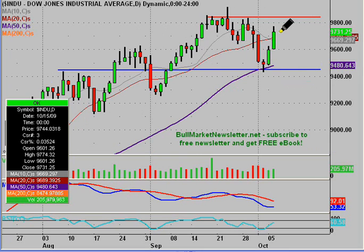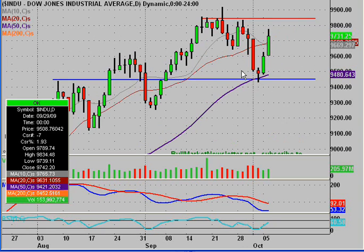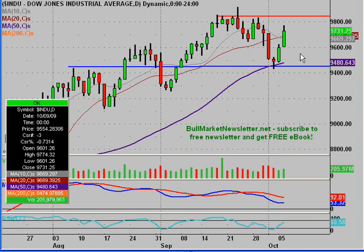But if we start to go sideways here and peter out and head back down, then the next question is going to be, well, once again, how are we going to act around down here? And if we bounce and head back up, then it's looking like we might be getting into a channel, which for traders is very good. You buy your stocks, you buy your calls if you're an options player, down here, and you sell up here, or this is where you buy your puts or whatever, and it can get into a very almost predictable type range. Are we there yet? I'm not sure, but